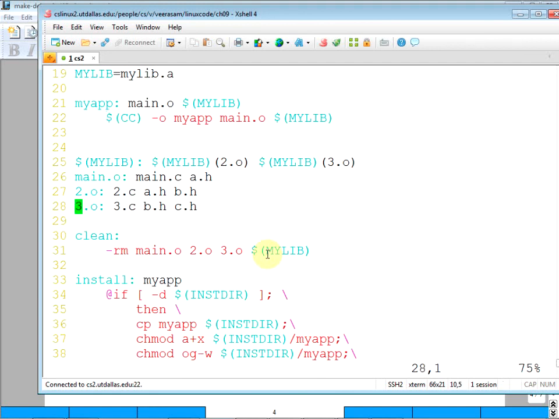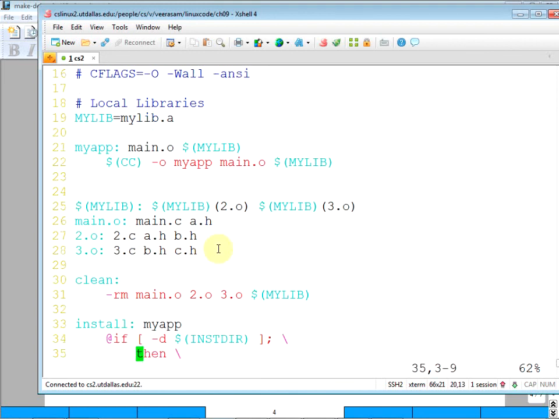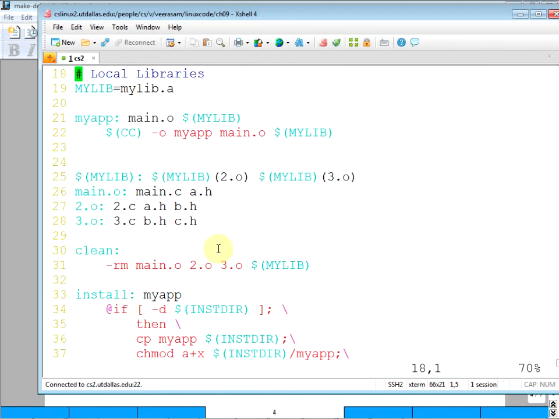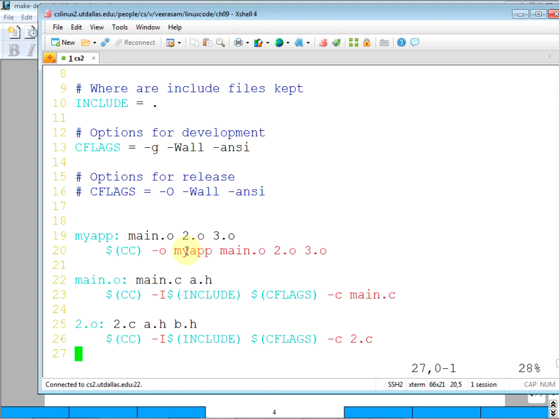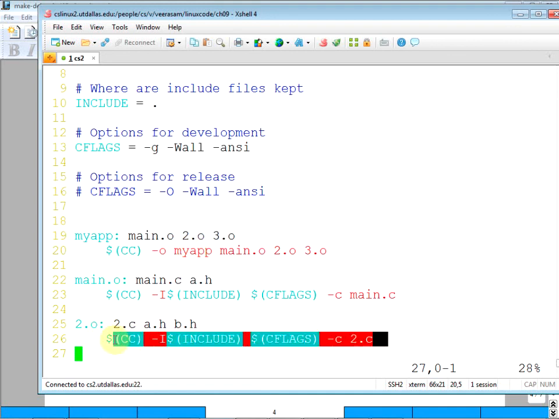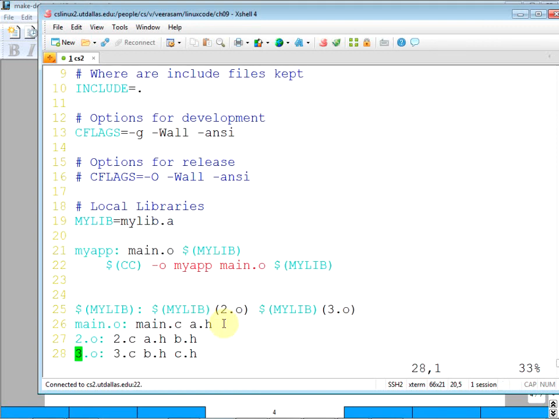Okay, finally now you have this: 2.c and so on. How do we compile? In the earlier one, we specified how to do it using this command. Here we didn't even say anything.